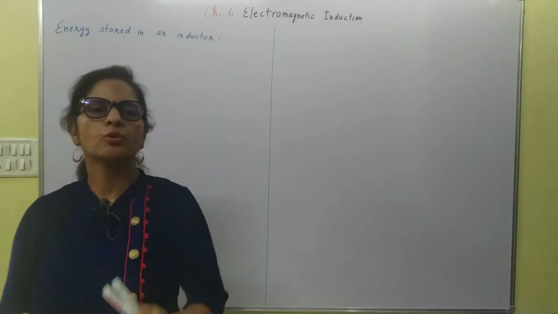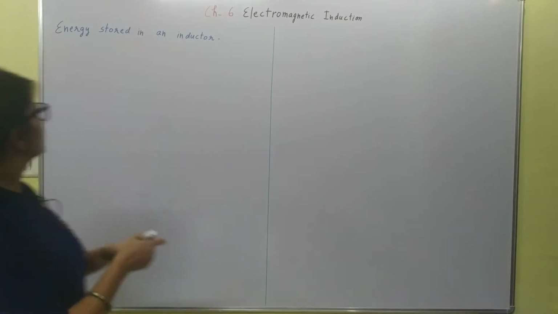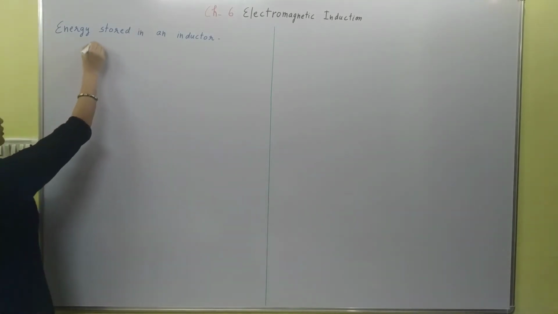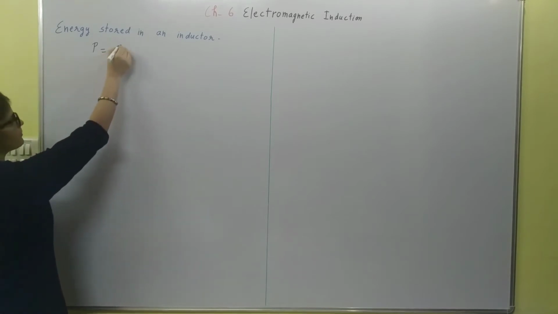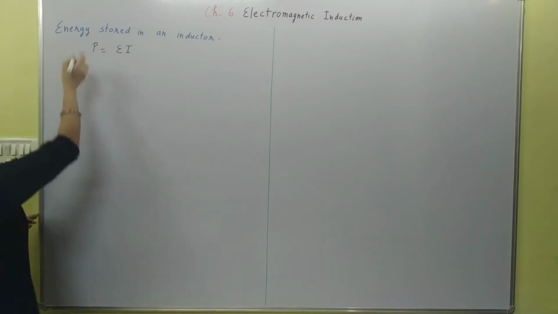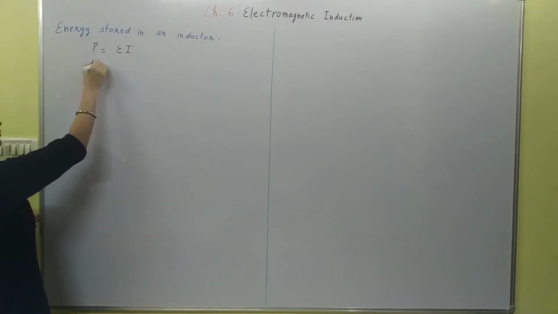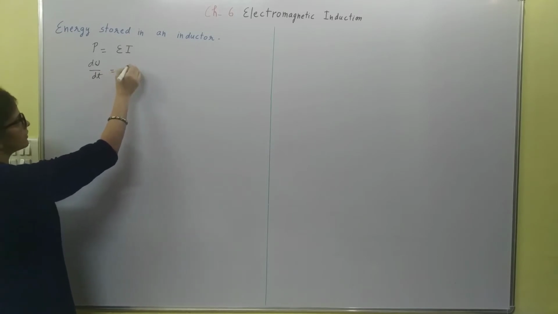Hello everyone. Today we will discuss the energy stored in an inductor. For power we know the formula is VI. So we can replace V by E. This can be written like this. Power can be written as rate of doing work. So this can be written